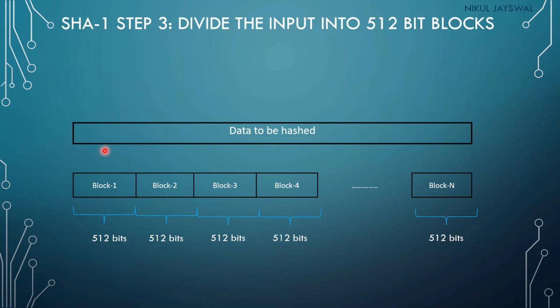So we will take the input in block 1 as 160 bits. The output of block 1 will be 160 bits, and that output will go to the input of block 2. Then the output of block 2 will again be 160 bits, and it will go into the input of block 3, 160 bits. Now the last output from block n, that is 160 bits, will be our final hash value.